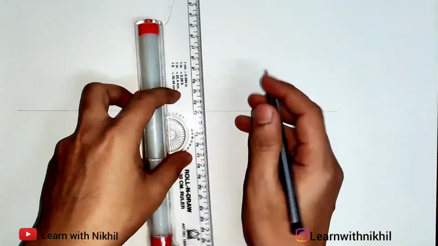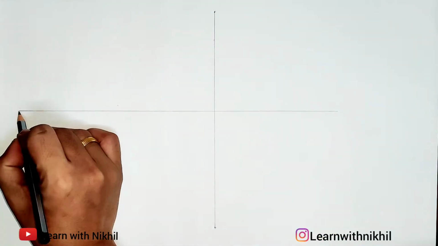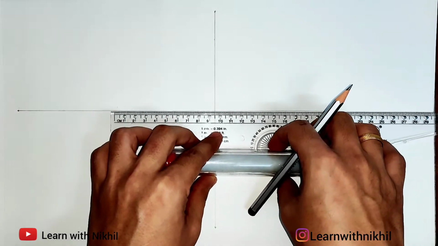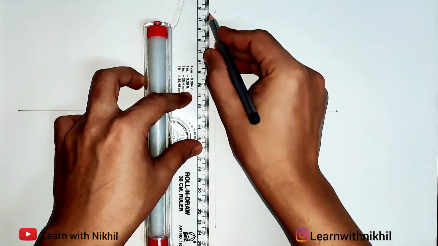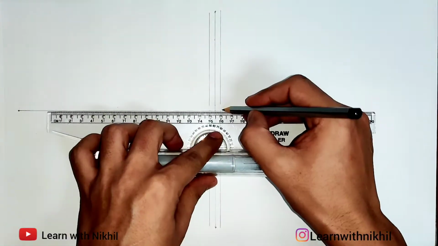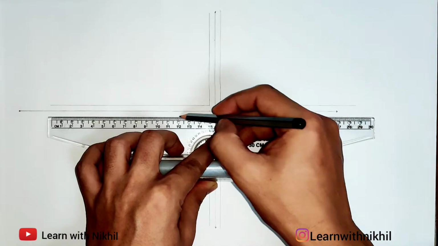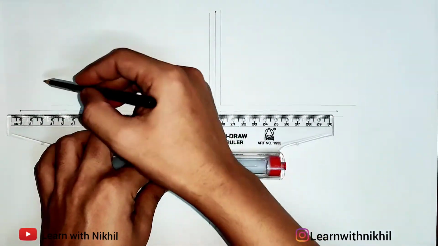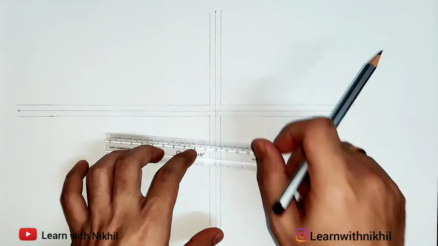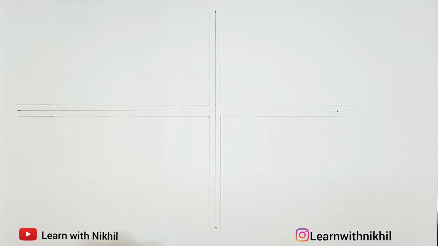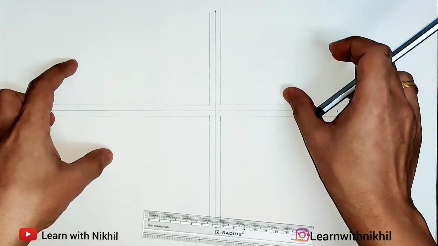Now to start with the sum, we'll draw the horizontal and the vertical axis, that is XY and X dash Y dash, and through the center we'll draw 5 mm apart lines. Those will be the base lines to draw the views. As we have to draw the left hand side view, here we will draw the front view, here the top view and here the left hand side view.